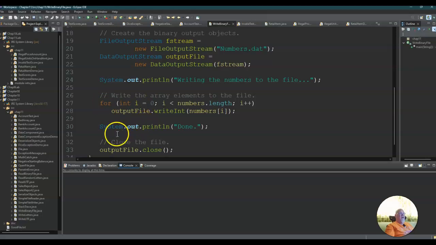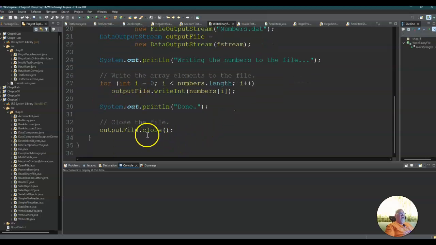When we get done with that, we're going to write done. And then the very last thing we're going to do is output file.close. Simple enough. It's a very simple program. When we run it,